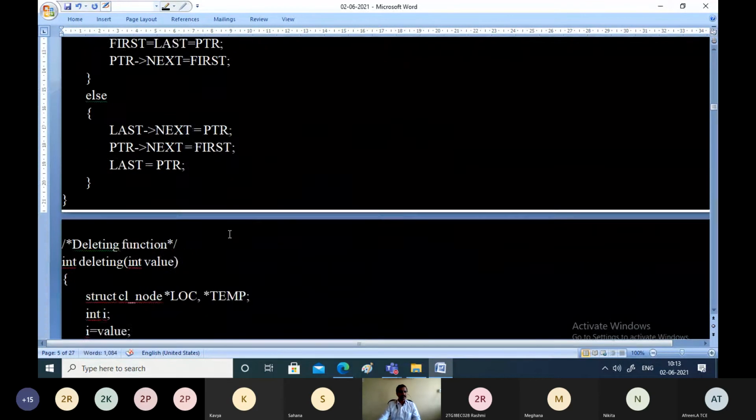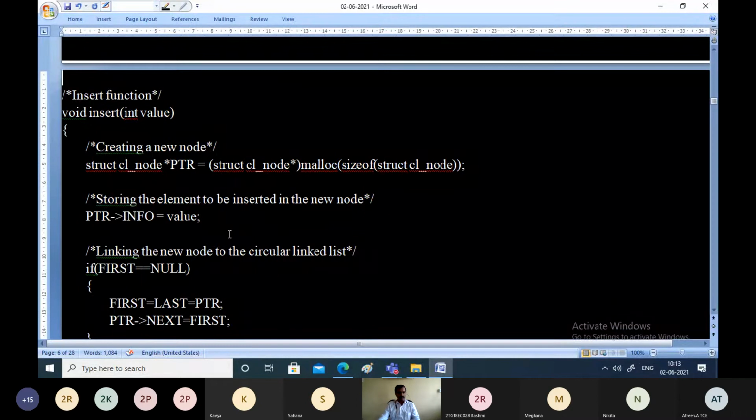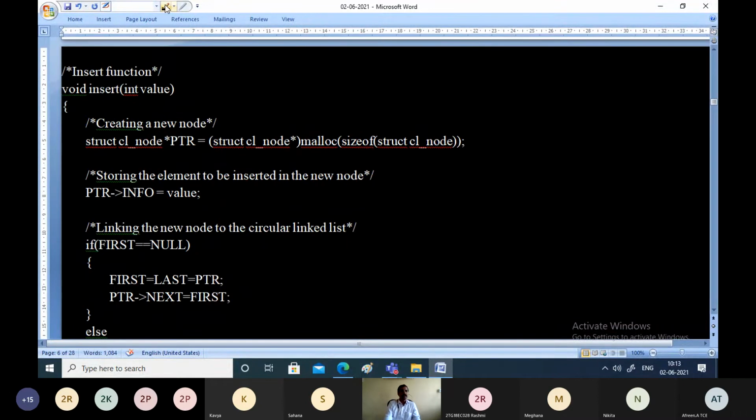So let us study the insert function now. How the insertion will take place within the linked list. Let us say this is the input we have considered just now: 10, 20, 30 and 40. So these are the nodes which we want to insert into the linked list. From the main function, in every iteration we will pass one value at a time. So 10 will be passed first. What is the value now? 10. So the very first thing you have to do here is allocate memory for the new node.